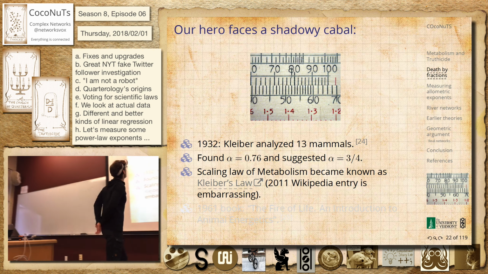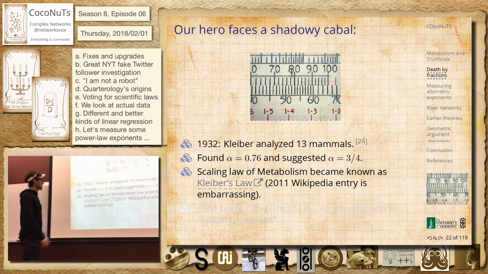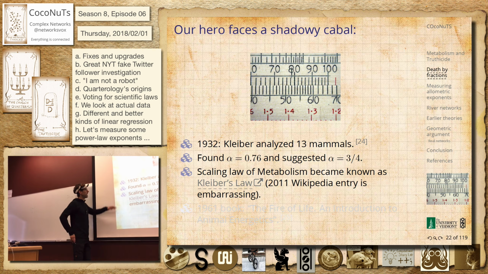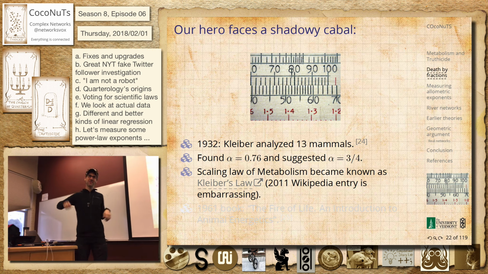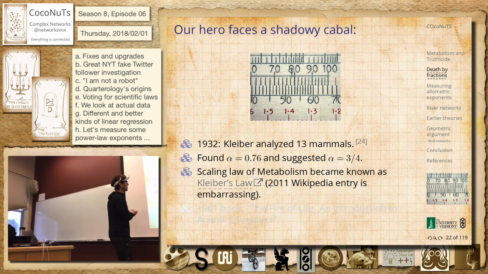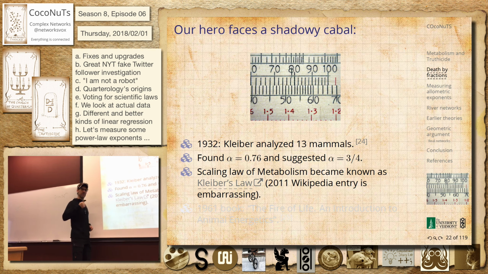Hence Animal Farm. Right, so this is really interesting. People are very invested in this. As I said, it matters. So then there's this very paper that becomes incredibly famous. It appears in 1932, Max Kleiber, and he becomes famous for this. He has a book called The Fire of Life. This is a big deal, right? This is a kind of extraordinary thing. By this point, we've made engines that do all sorts of things, but we run around doing stuff. That's pretty weird.